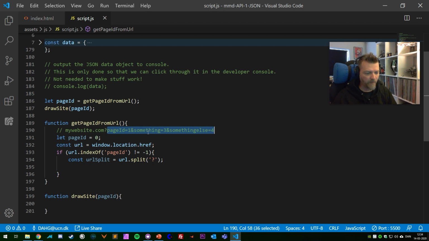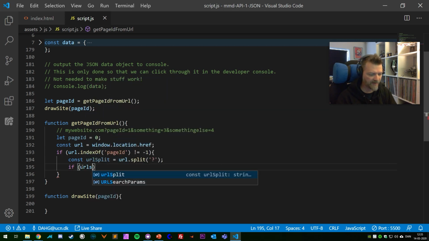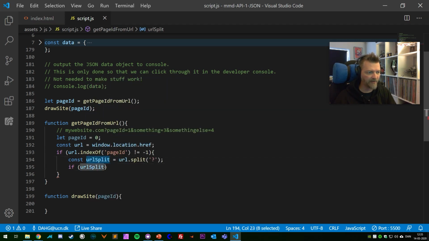So we want to check if there are any ampersands in. And if there aren't any, then it's easy, because then we're just dealing with this part, right? So we can use that. But if there are any ampersands in it, then we need to do something else. But let's just check it to see if there are any, and if there aren't, then we do the easy thing first, and then we can make the complicated thing later. So if URL split, which is the variable we just created up here, if that